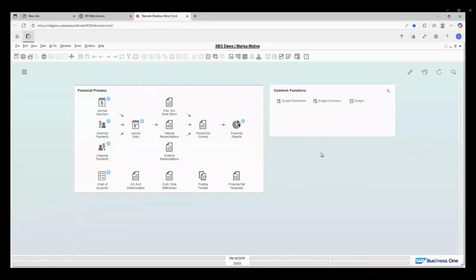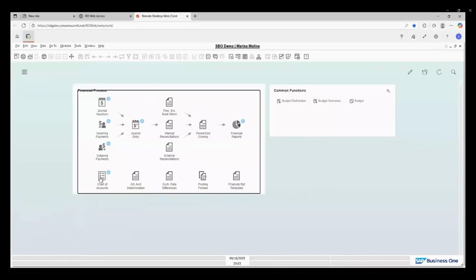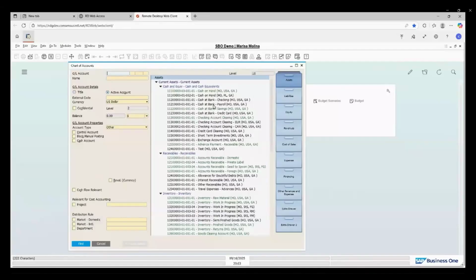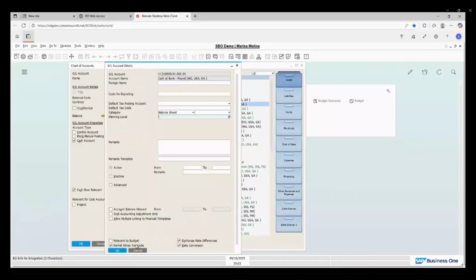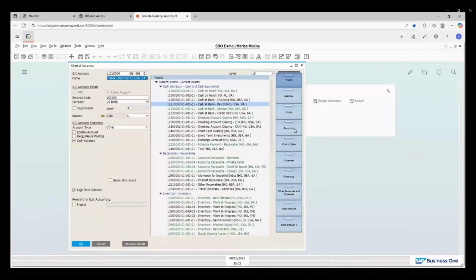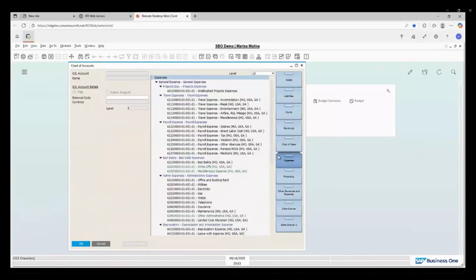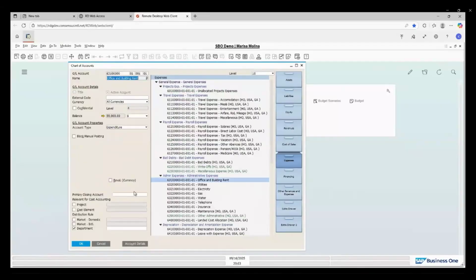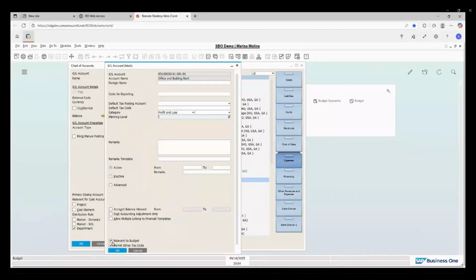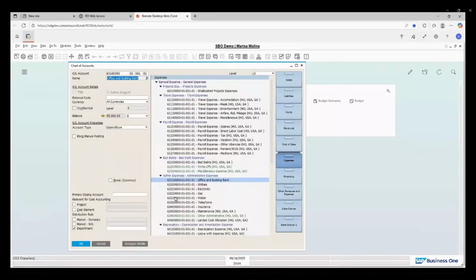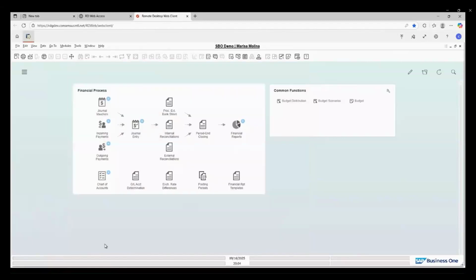The second one would be the relevant GL accounts. So let's go to the chart of accounts. You can make any type of account relevant to budget. It is available, but most of the time we do it for P&L accounts. So it would be under the revenues, cost of sales, expenses. If I go to expenses, we can use any of these. Here you find the account details push button, and then you have the checkbox for relevant to budget. If you select that one, and actually we're going to use this one for a few of the transactions, you can see the balance is already 55K. So let me just close this one.